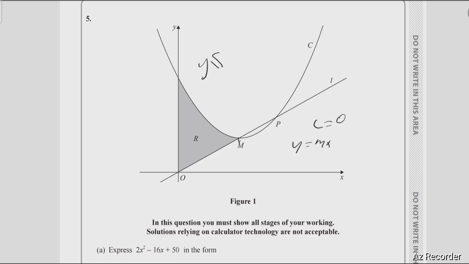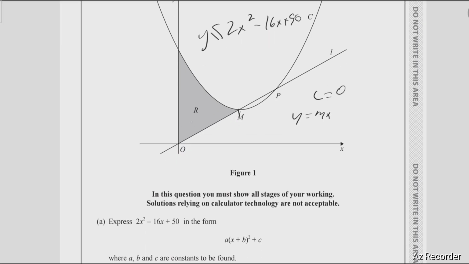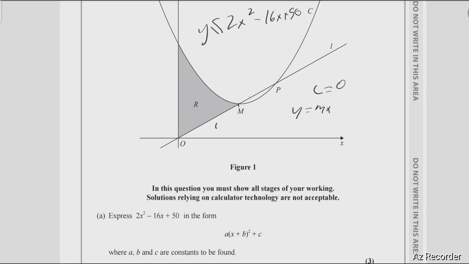So y is less than or equal to 2x squared minus 16x plus 50, and it's above the linear line, so it's more than. Because as we know, under the line is less than, and above the line is more than. So y more than 9 over 2 x,